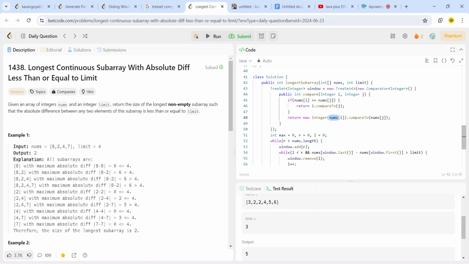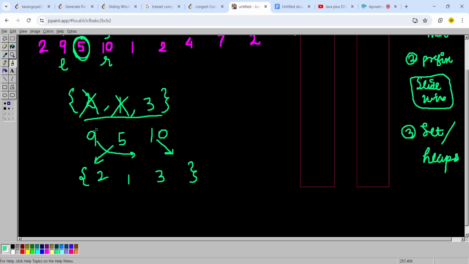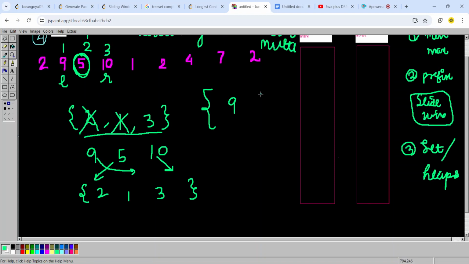So this is a comparator, where nums of i will be compared to nums of j. So what is this compared to? See, firstly I'll add 9 into my set. When I have to add 5 into my set, basically I'll not be putting 9, I'll be putting 1 because this is an index.